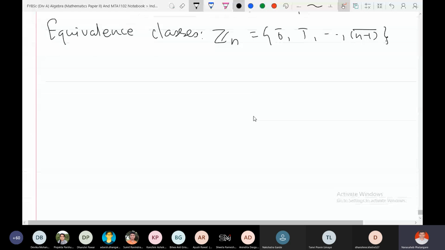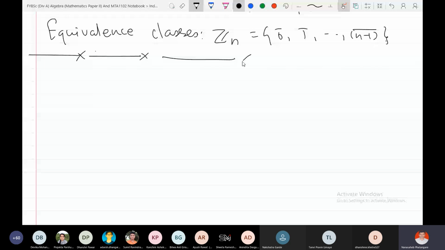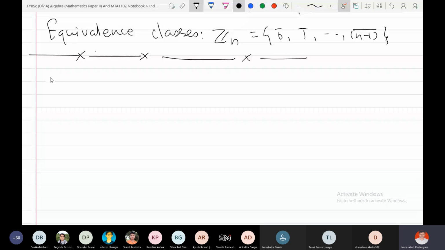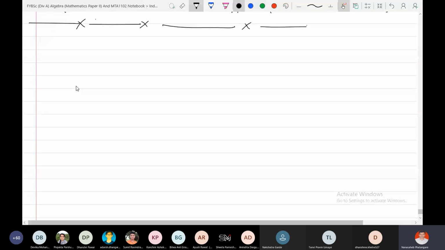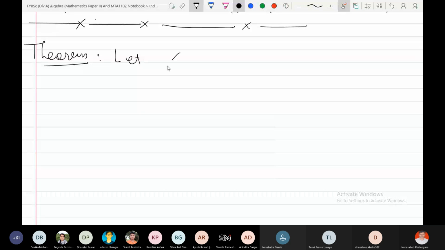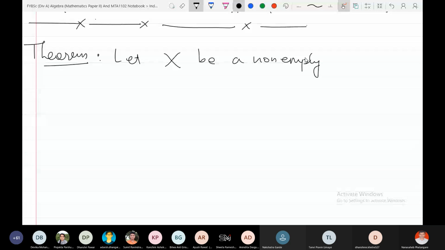So now let us come back to our main topic, equivalence classes, right? And then we want to see some more details about equivalence classes. So that is our next theorem. So let X be a non-empty set,